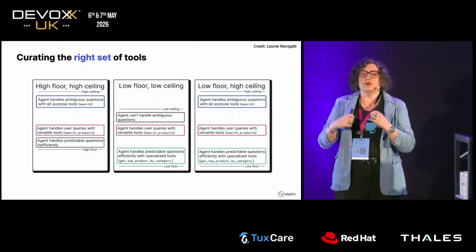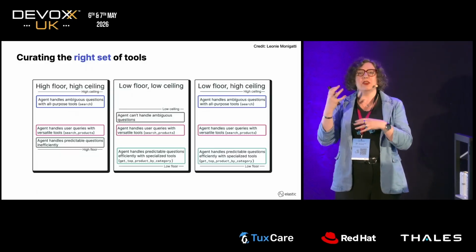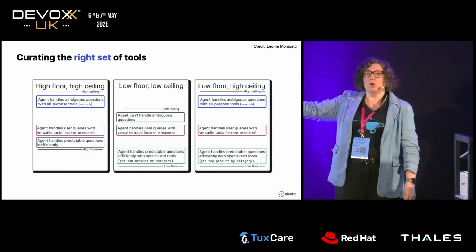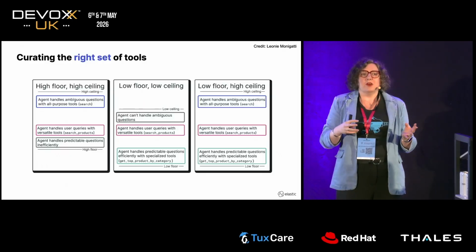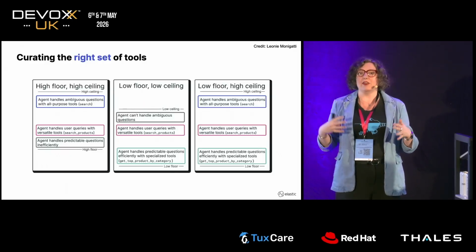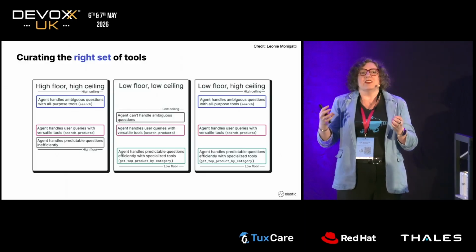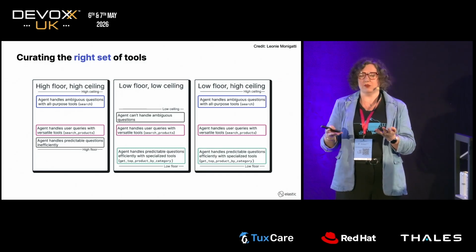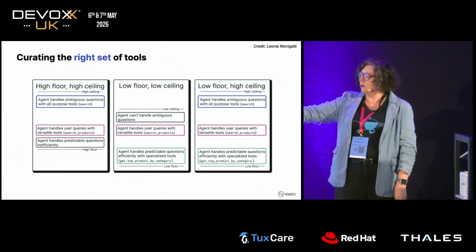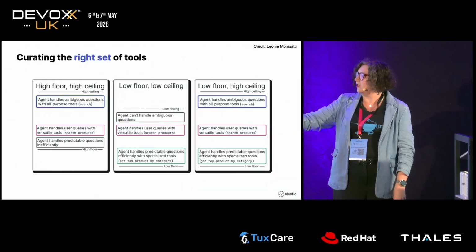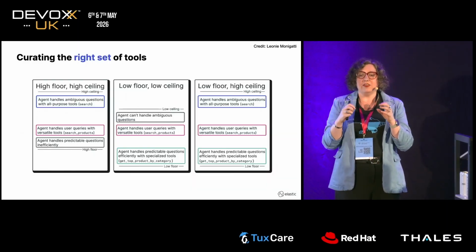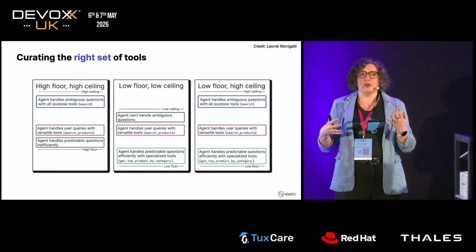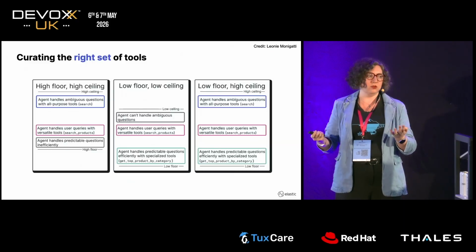And we need to think about the notion of general tools, which are ones that can generate query code for us programmatically by themselves, rather than relying on one that we've written ourselves. The general purpose ones have more flexibility and can expand to multiple different problems, but they need a bit more nuance and are a bit more difficult to use. With more specific ones like get top products by category, you're defining what that is, which can be fine if you want something really specific. But if your agent then has to do something more generalized, it's going to struggle because it won't have access to the tools that it needs.